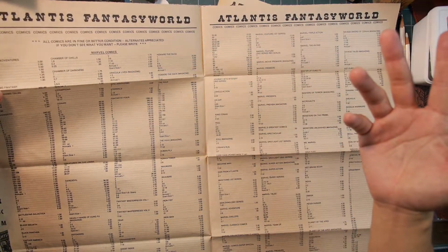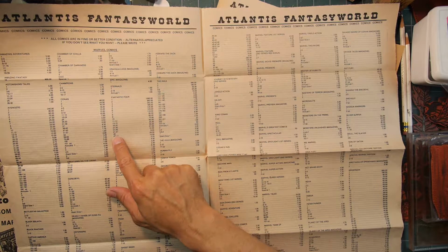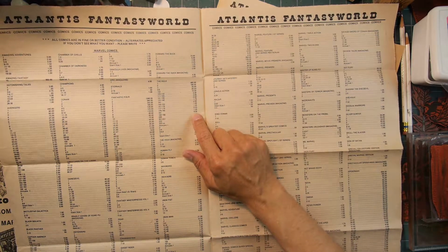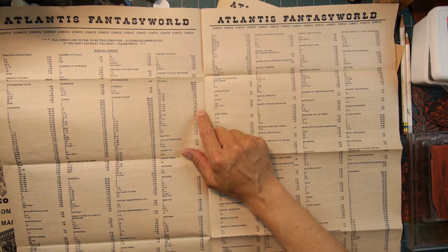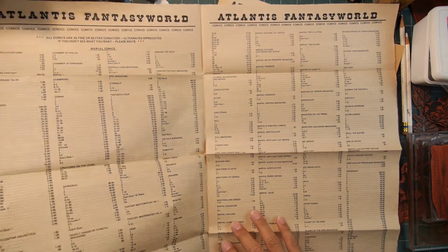It's not even like call it in. Calling it in was really expensive back then. But here's a Fantastic Four 48 for $24. Okay, and Hulk 181 was $8. And again, 180 was $1.25. So not much more expensive than...